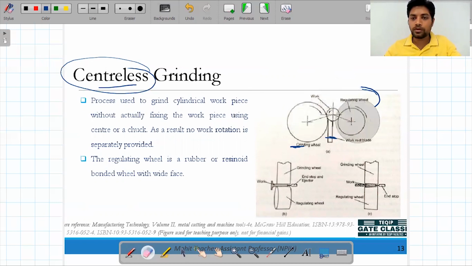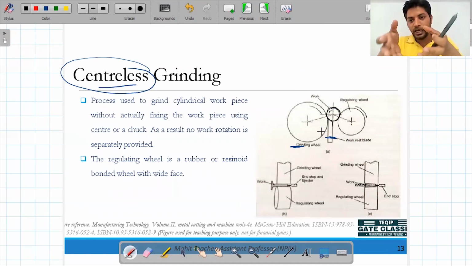What we are doing on this rest table is just keeping the workpiece, and we are not holding this workpiece. Holding means we are not holding it through a shaft. It can be a ball as well, or a cylindrical bar. We are not holding it anywhere, just keeping it on a rest table. So you may say, sir, if you are not holding, then how will the machining be done?